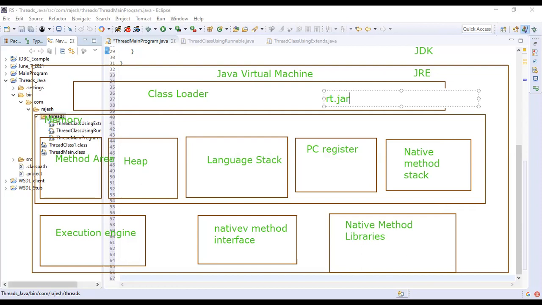Java programs can be written in Notepad. We don't need Eclipse, because it is just a .java file, right? I can open up Notepad, write something and just save it as .java.